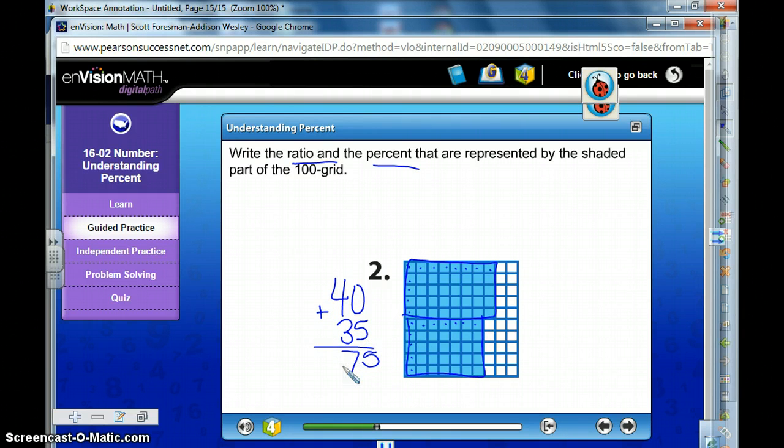75 in all. What is my ratio, Gabe? 75 over 100. What is that as a percent, Corey? 75%. Why are you not writing this down? I already know how to do this. My job is to teach you. You're right, but did it ask us